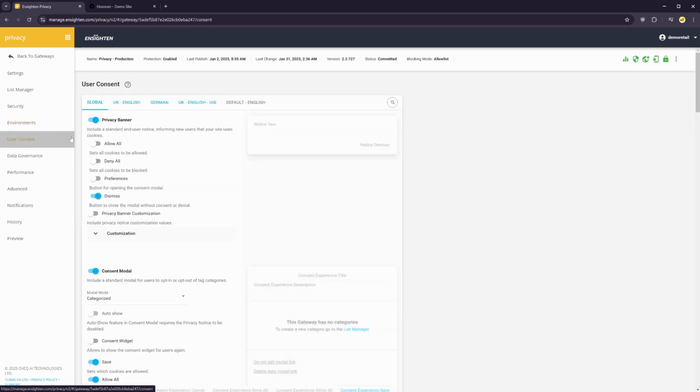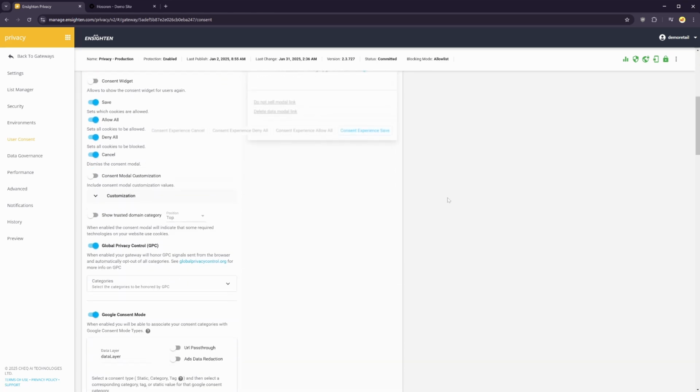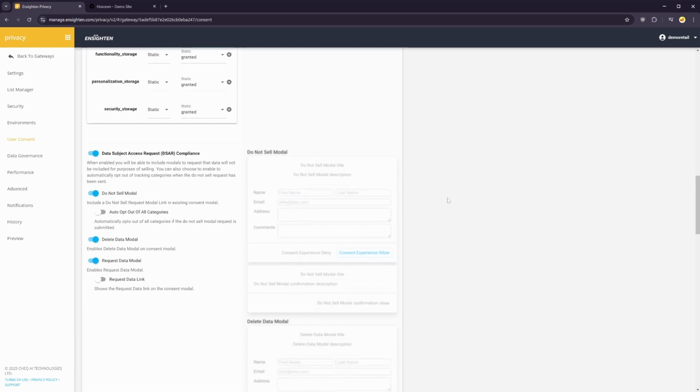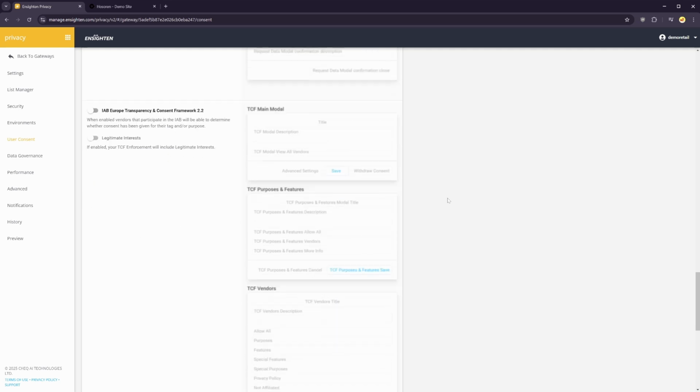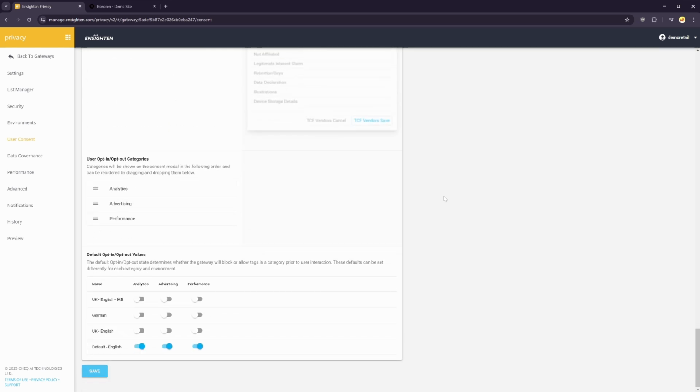In user consent, we're deciding what the user should see. Are they going to see the banner, which was that piece we saw at the bottom? Are they going to see the modal, which is what we're looking at here? Do they need other sections like global privacy control, Google consent mode, DSAR requests, IAB compliance? And should you set certain default opt-in, opt-out states, which is normally necessary for something like GDPR, which